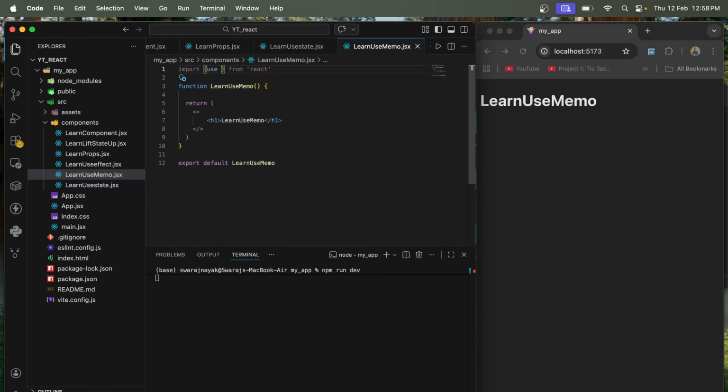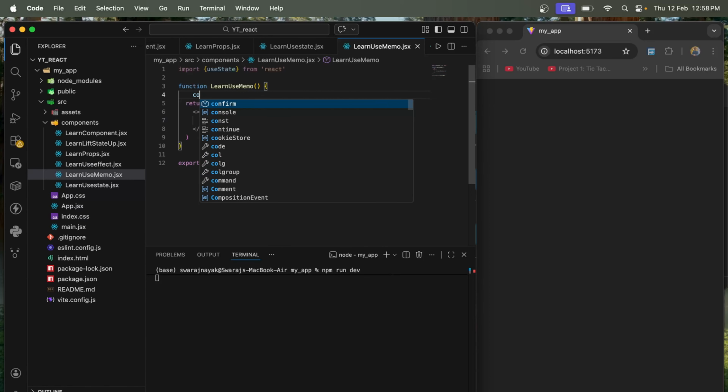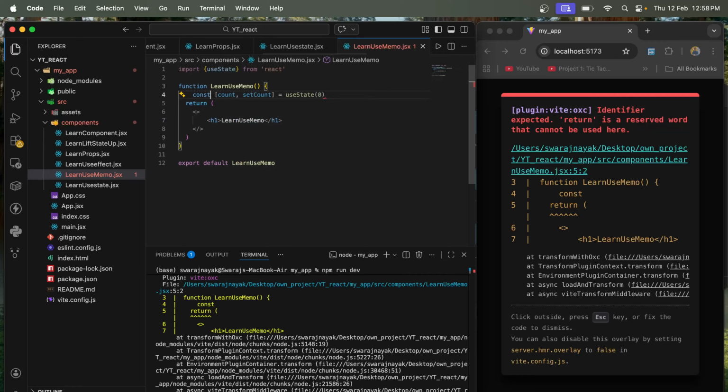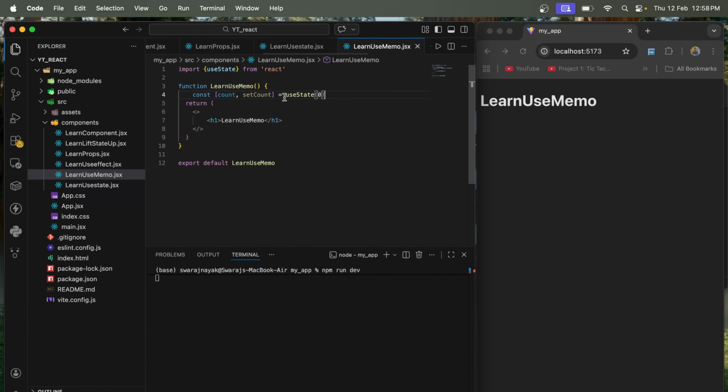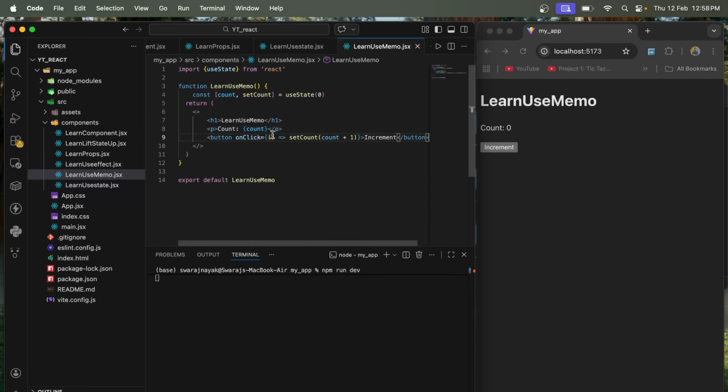Use state hook. Now I use state hook. So here I create a const, counter and set counters. Okay, counter and set counters, and here I create a counter app, meaning I create a paragraph,